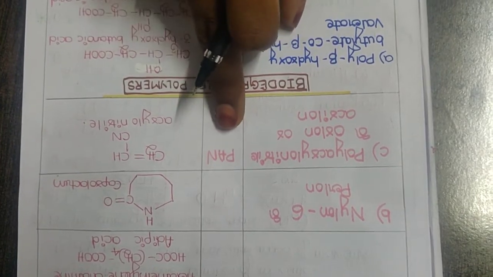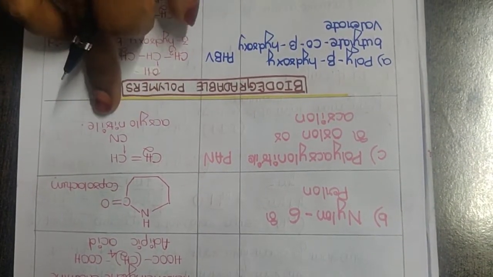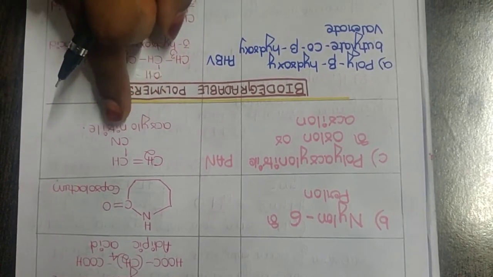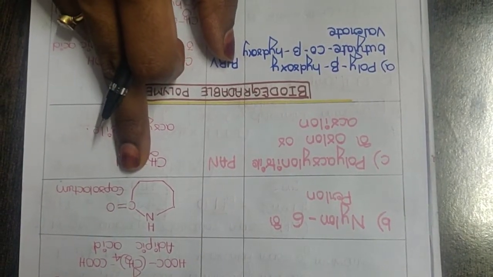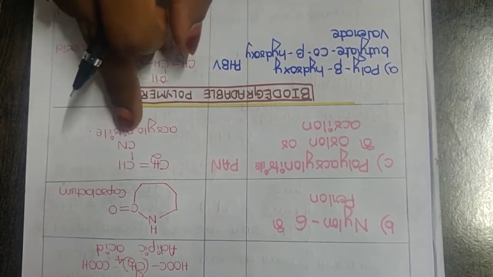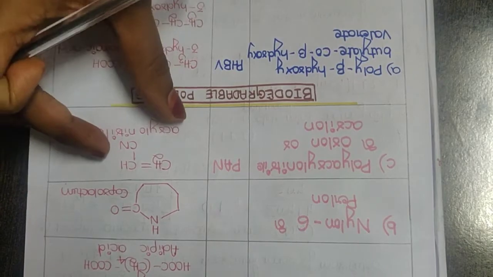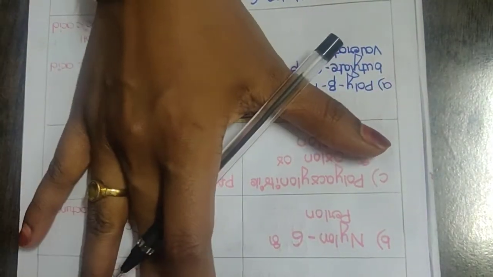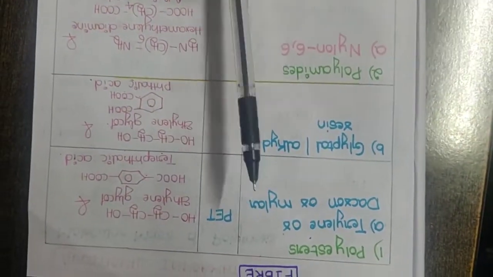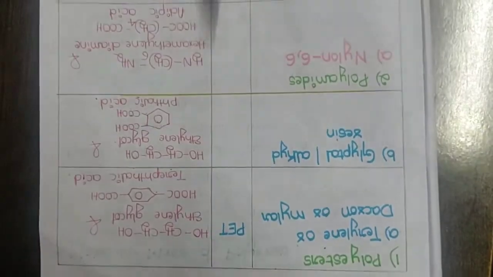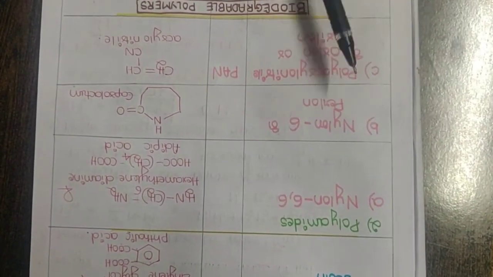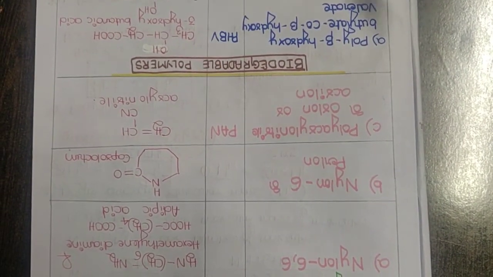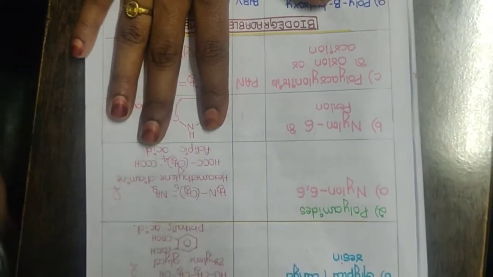So here we have a monomer called acrylonitrile, a very simple monomer. How do you get this? You have to take an ethene molecule where one of the hydrogens is replaced with a cyanide group. So I'll end up with acrylonitrile. This is the monomer for your PAN or Orlon or acrilan. So this is all about fibers. We have 2 categories under fibers: one is polyester and another is polyamide. For polyesters, terylene and glyptal. For polyamides, nylon 6,6, nylon 6, and the last one is PAN. Okay, so this is all about plastics, fiber and rubber.